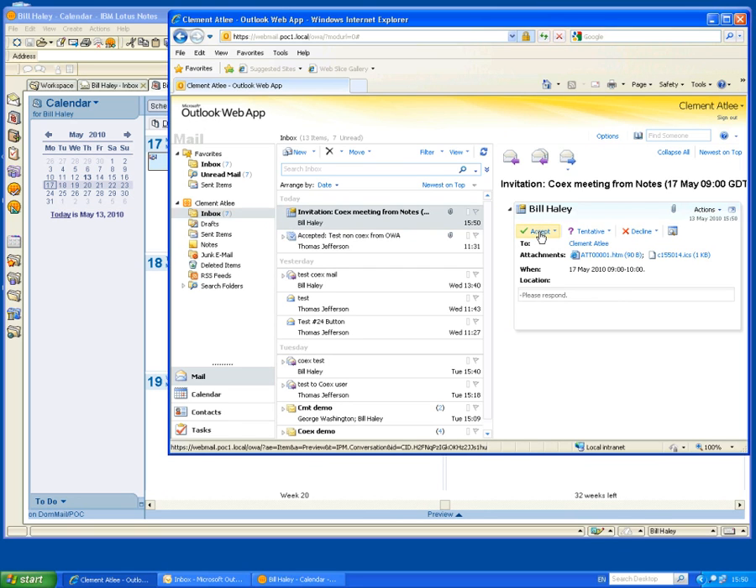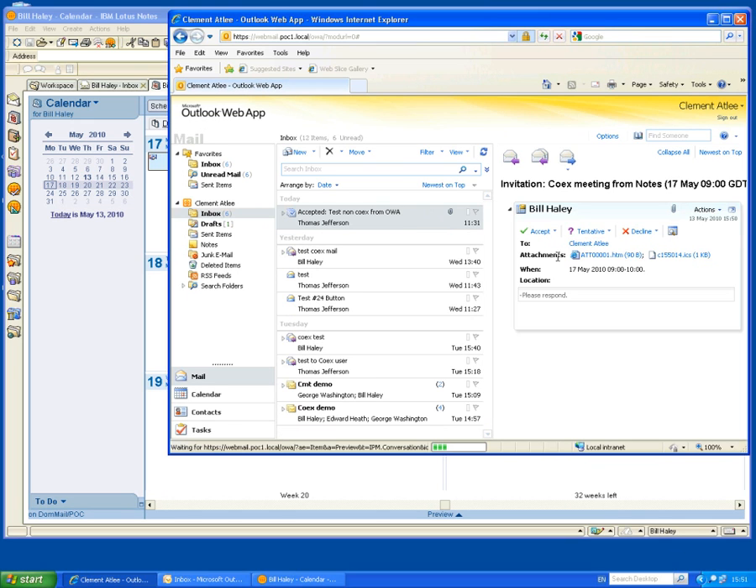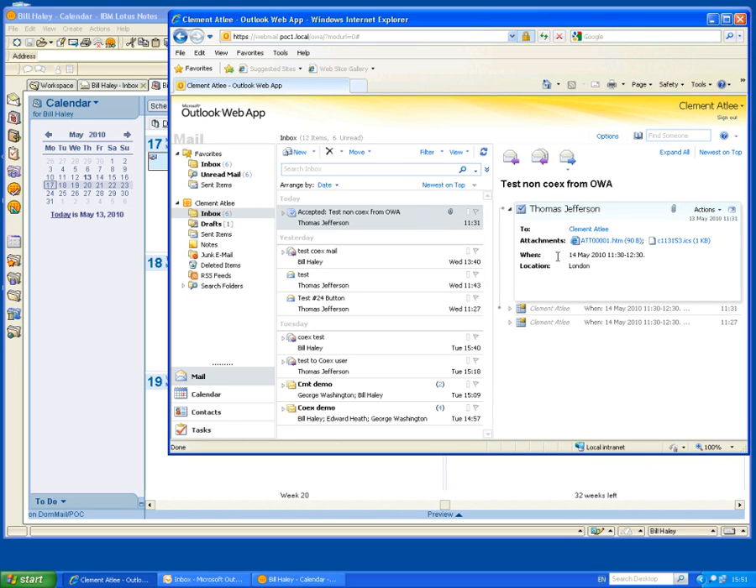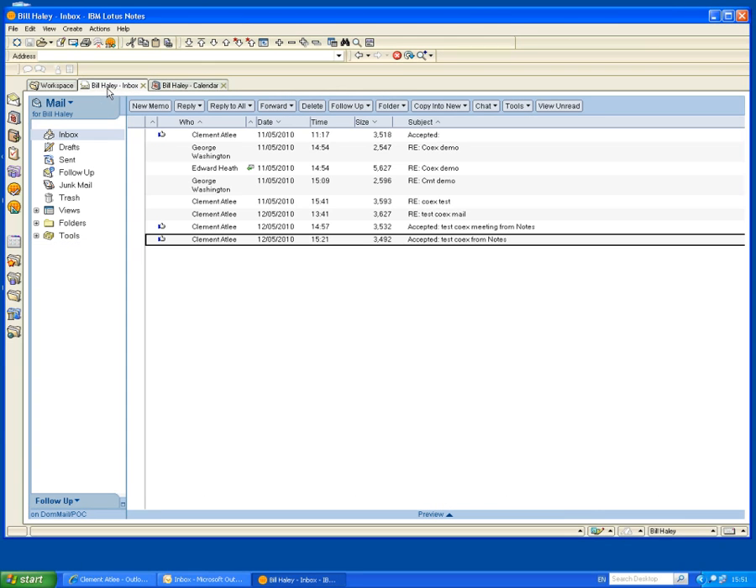In fact, I can actually action it from the preview pane over here, so we can see that the name is formatted correctly for the sender and the invitee. I shall click accept, send the response now. That's gone. If I go back to Bill's inbox,